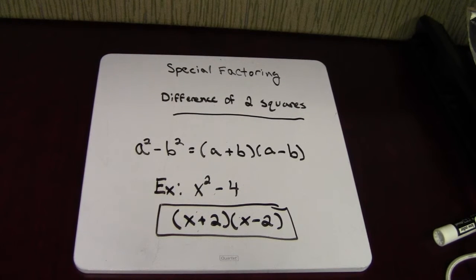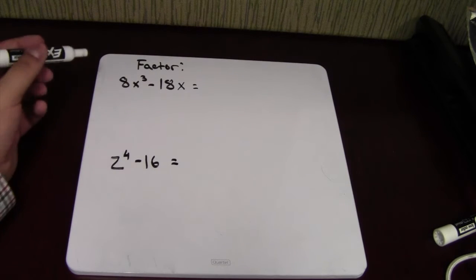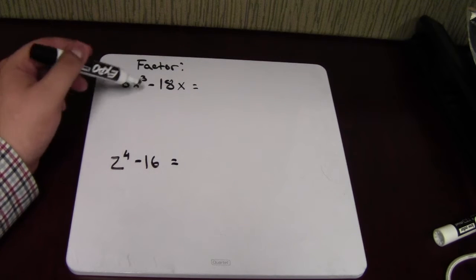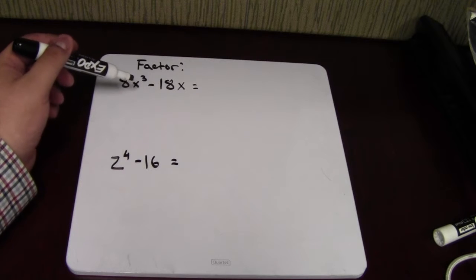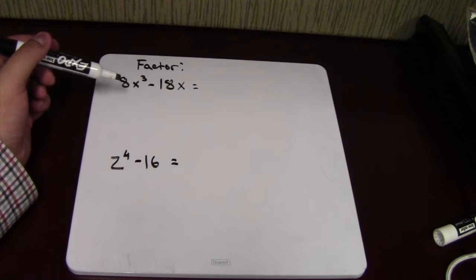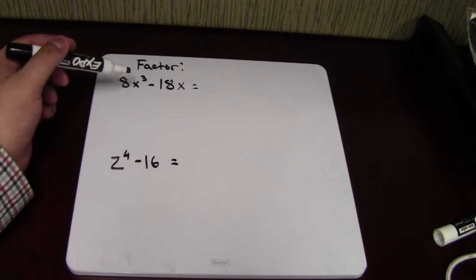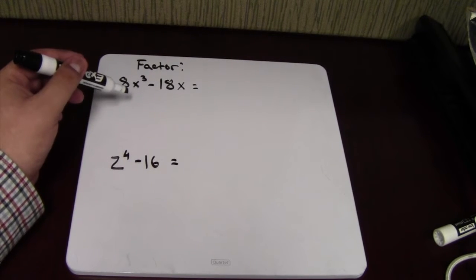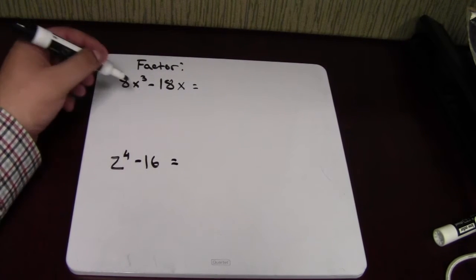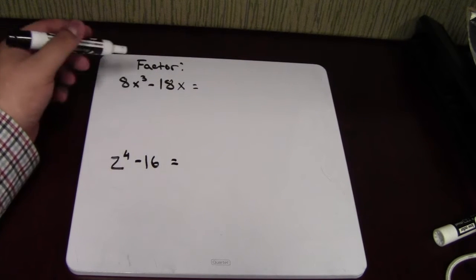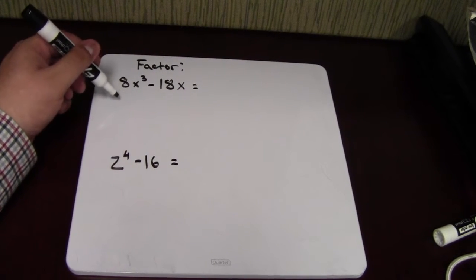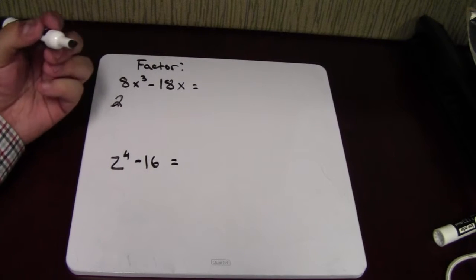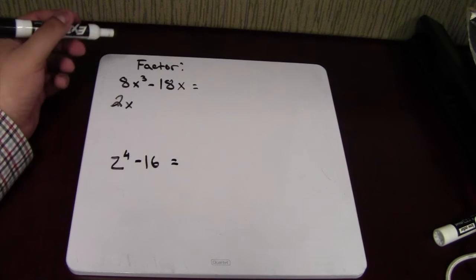So let's look at those more complicated examples. The first one, we want to look at this, and I'll do them here in this empty space. The first thing you want to notice though for this one is that there is a common factor that we can factor out of this. What we should observe here is that both of these terms have a 2x that we can factor out of this, because 2 goes in both 8 and 18, and x goes into both of these, okay? So we can take this 2x out. We take the 2x out,